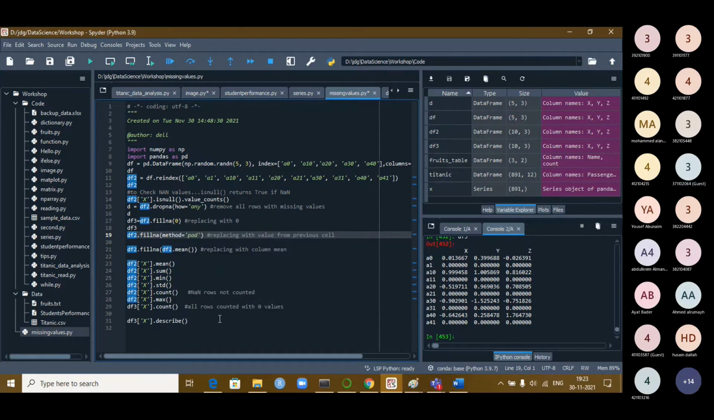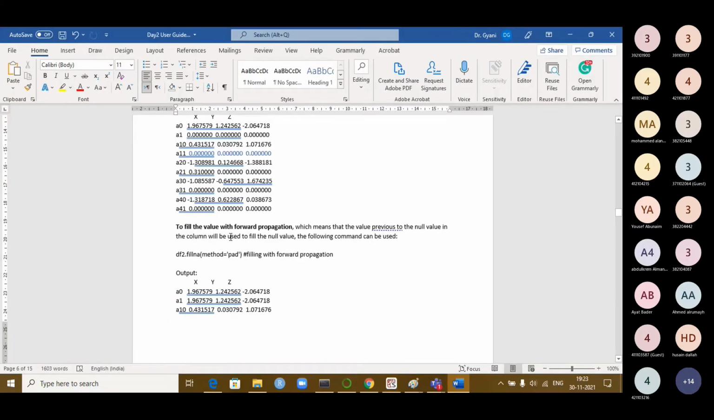There is another option available, which is calling the method equal to pad. Padding means you use the previous cell value, which will be copied here. This is called method equal to pad. That is your second method, to fill the value with forward propagation. If you don't have a value, you borrow it from your previous one. That means the previous value will be forwarded to the next cell. That is called forward propagation, which means that the value of the previous